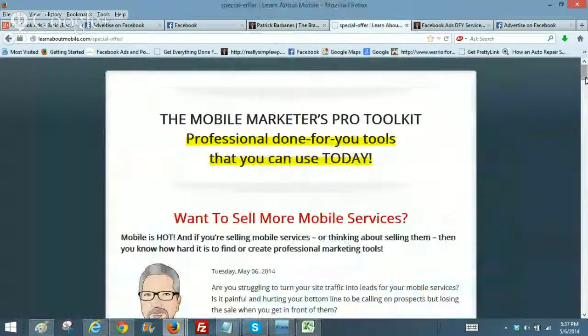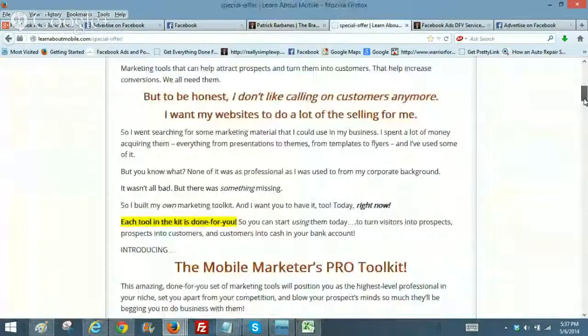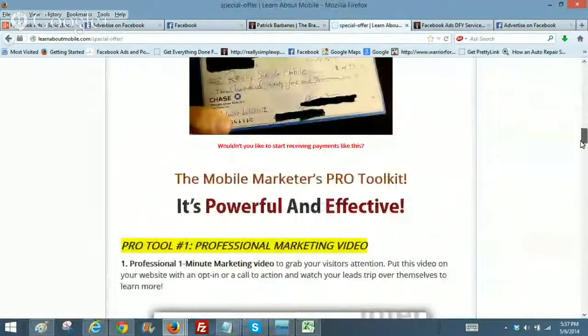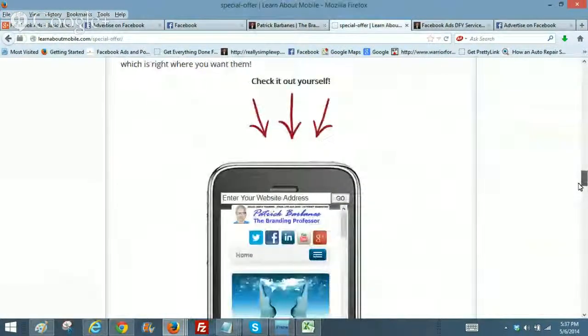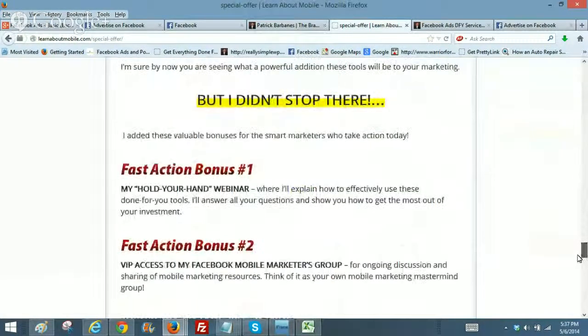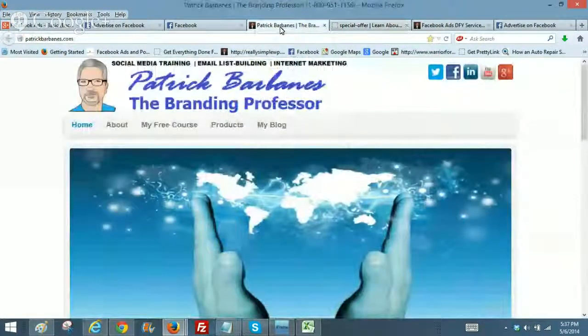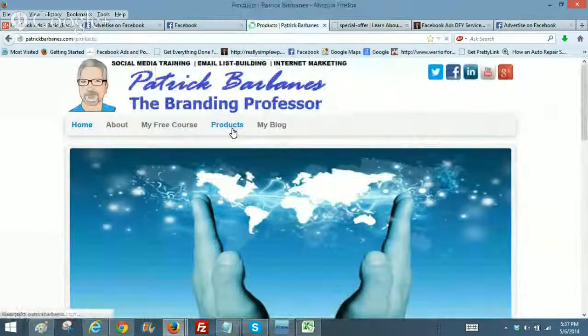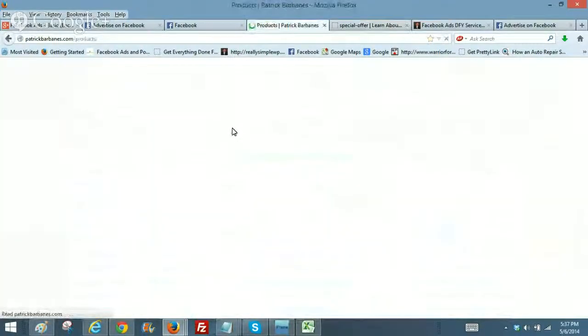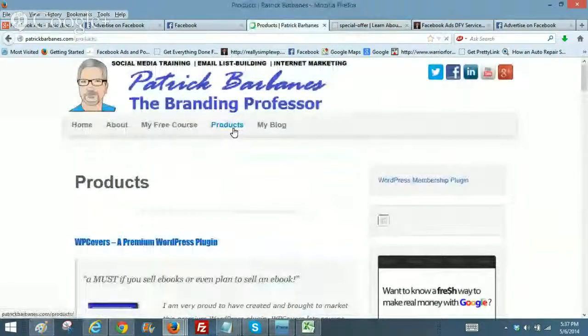All it is is one selling page that tries to sell the benefits of why a mobile marketer might want to buy this mobile toolkit. And at the bottom there's an actual buy button where they can click to buy. So that's far better than driving them to this page where they would have to search around to find that it's in products, right? They could go to products, but who's going to do that? Nobody's going to land on my website and then go to products and click on